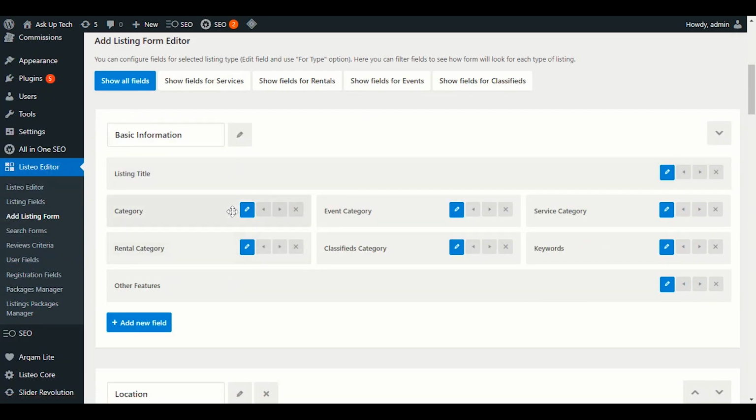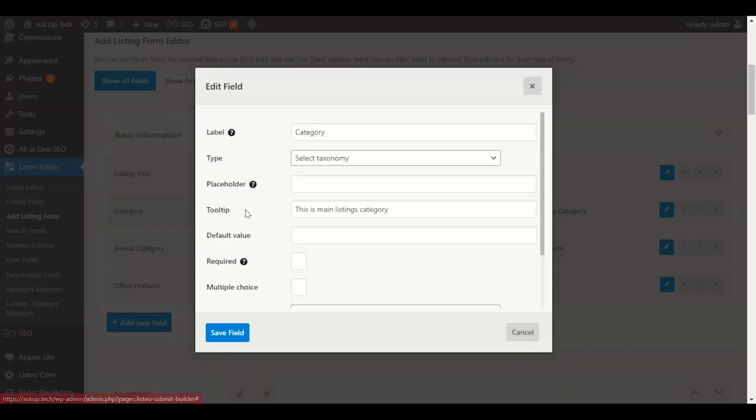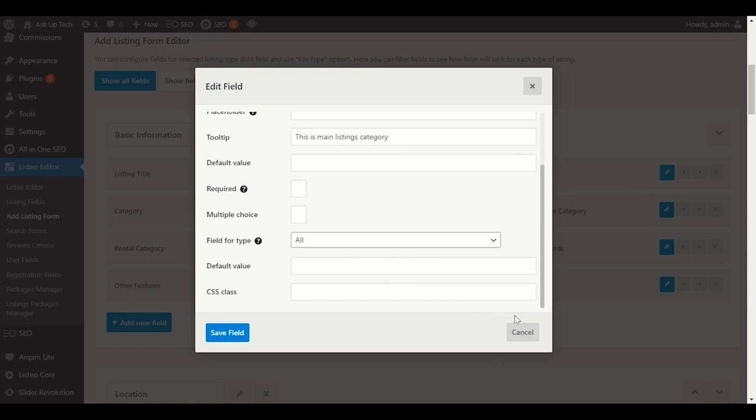For example, the categories here, the events here, the services category. If you want to customize this category option, click on this pencil icon. Here you have to choose that taxonomy, and you have to